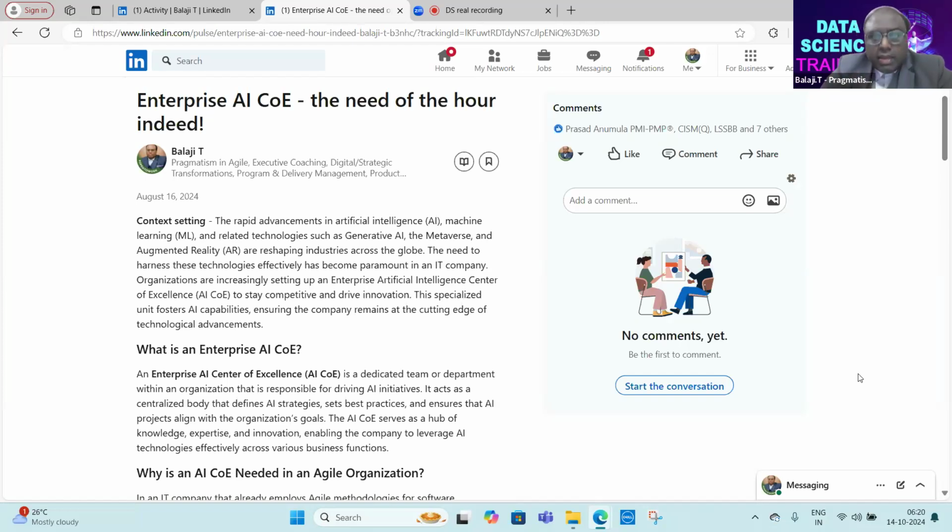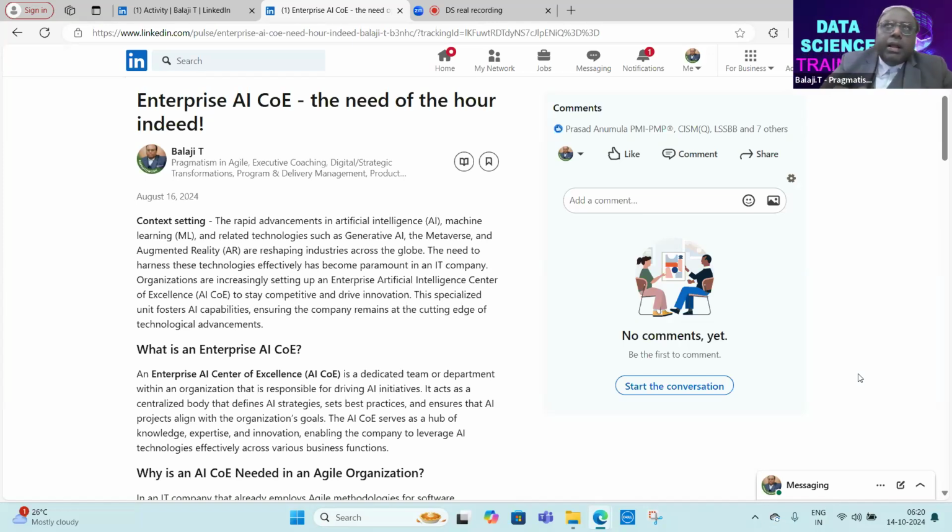Because at an organization level, you may still need a formal body to be held responsible and accountable for driving the AI initiatives. Okay, so it is like a centralized body which will define the AI strategies, some of the best practices, some of the trends in the tools, and ensure that your AI projects also align with the bigger umbrella, meaning your organizational goals and capabilities.